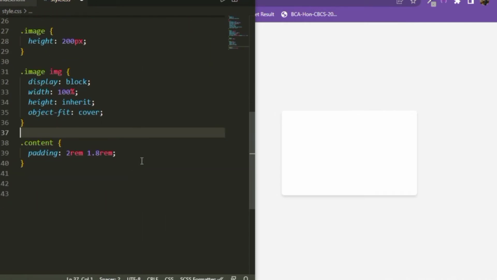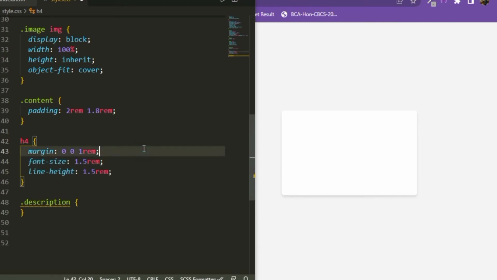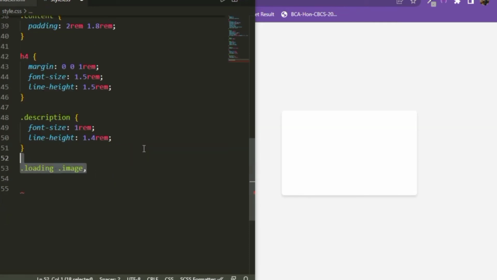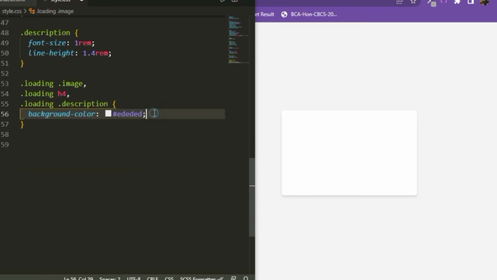Now for the content, I'm going to give some padding, and then we're going to have our h4 and description. So the title, which is h4, would have margin and also font size and line height, and for the description it's going to have font size and also line height. Then for the loading image and also for the loading title, which is h4, and also the loading description, we want each of them to have a background color